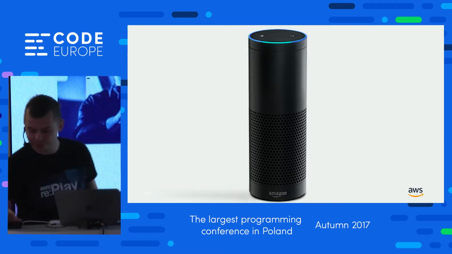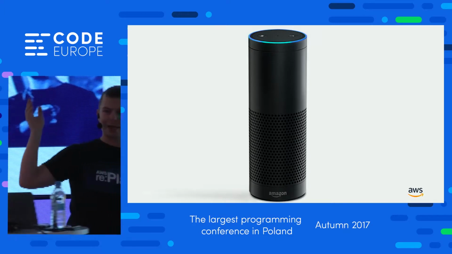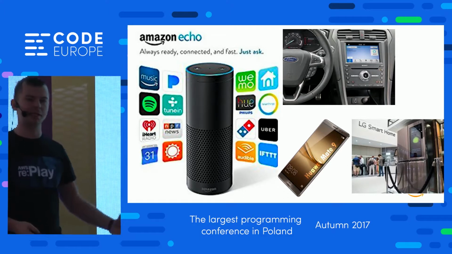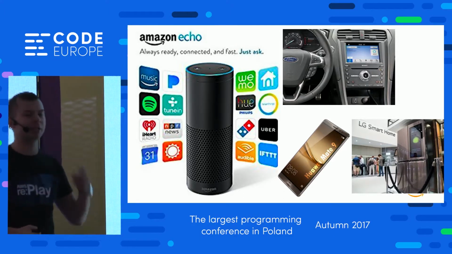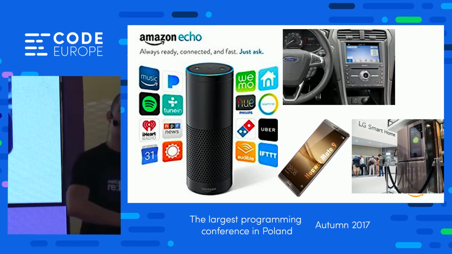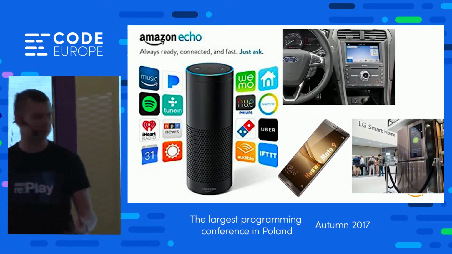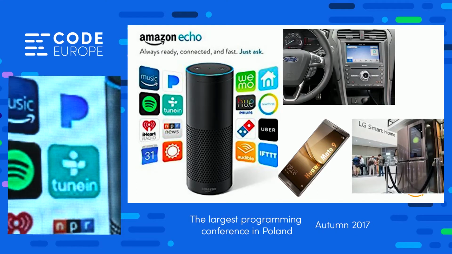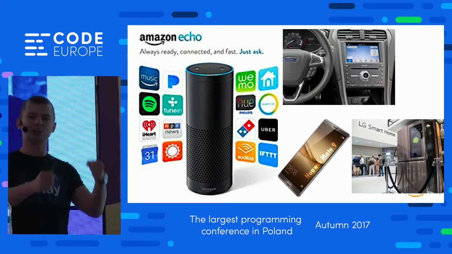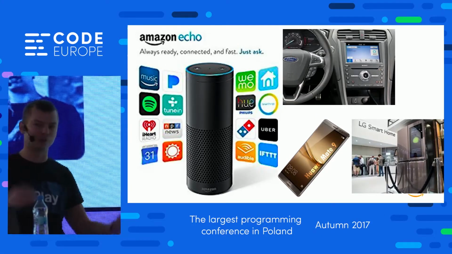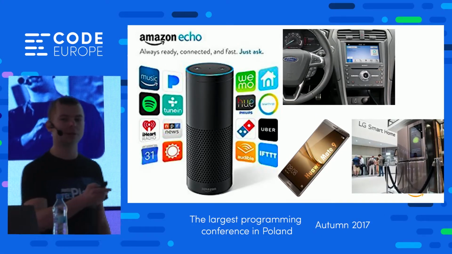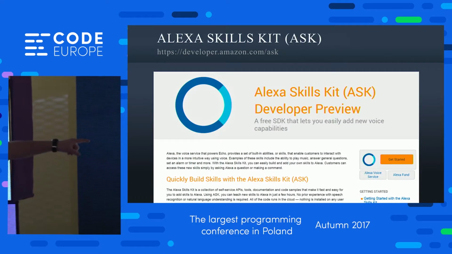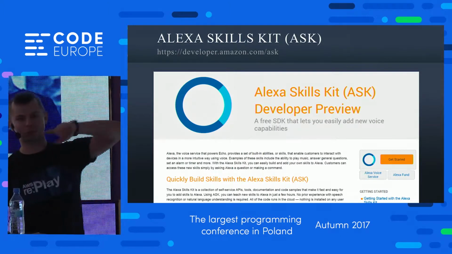Okay, so whenever it hears its name, it will wake up and it will do something. And you can build your own skills or your own application on this. So whenever you have got an application, you could say, Alexa, ask my application to do something. Also, Ford is now putting Alexa inside their cars. So whenever you are driving your new Ford, you can say, Alexa, I will be home in 10 minutes, do something. Alexa is not a part of AWS, so we'll be using a different portal, developer.amazon.com.